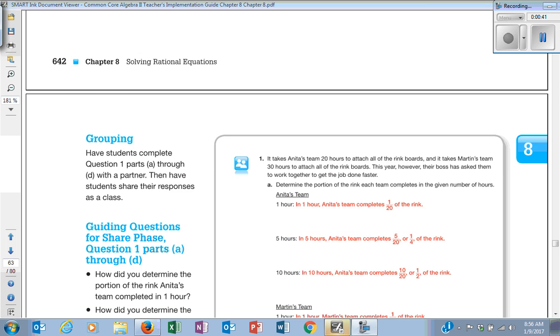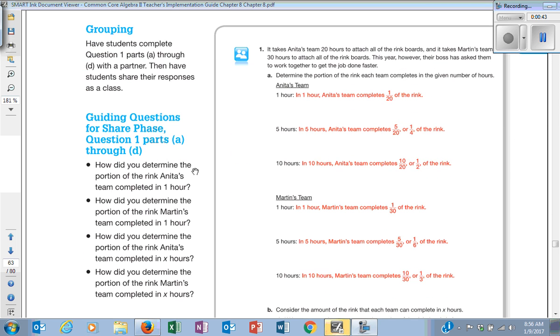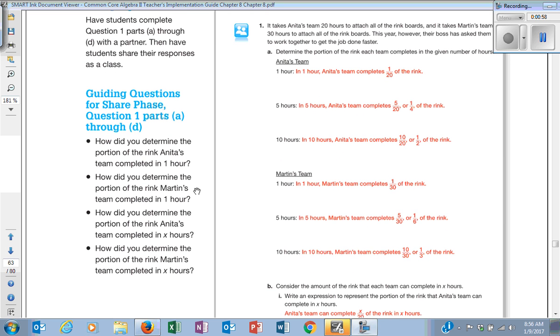So here's the answers that we're going to go through. It takes the one team 20 hours to attach all the rinks, and it takes the other team 30 hours to attach them. However, their bosses asked them to work together. So just going through this, if we had 1 hour, okay, in 1 hour, how much would the first